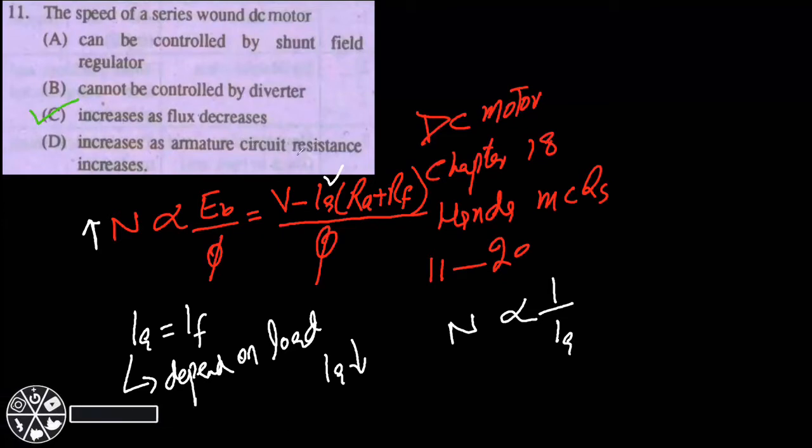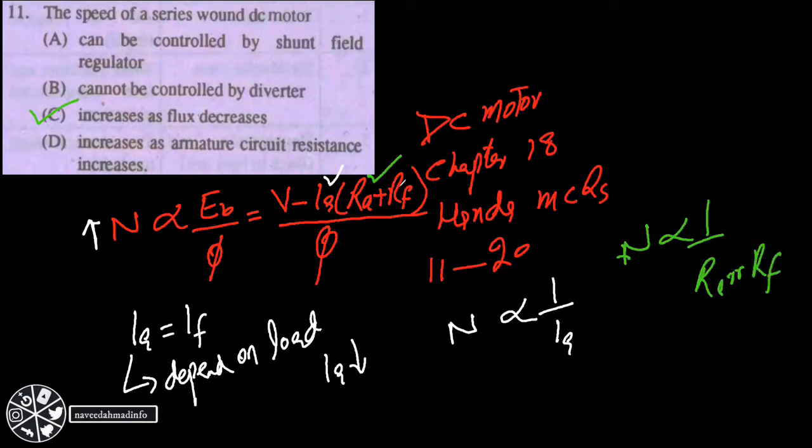Increases as armature circuit resistance increases. So if you increase the armature circuit resistance, then it will decrease the speed. So your N will be inversely proportional to the armature resistance, or you can say the field resistance. If you increase the field resistance, then it will decrease the speed, or N is inversely proportional to IA, RA or RF. Okay, next MCQ is: the following controls are considered for a DC motor: control of flux, armature resistance control, supply